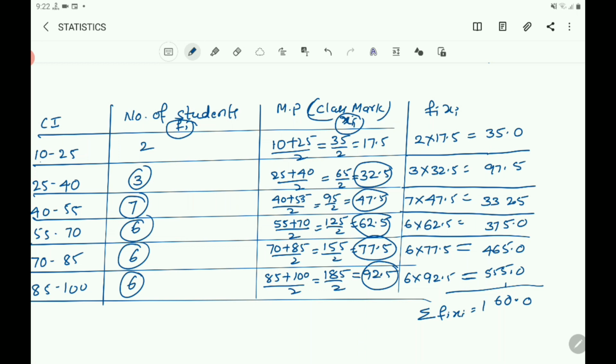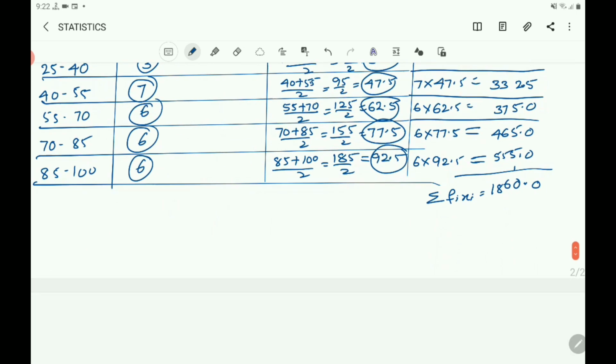Here you are going to get 1860. Sigma Fi Xi you got 1860, and